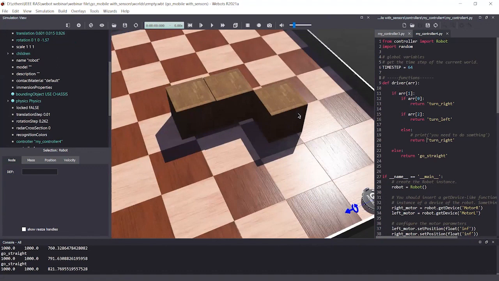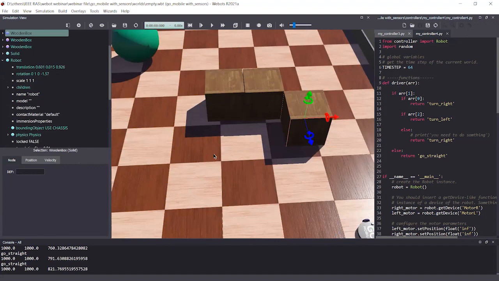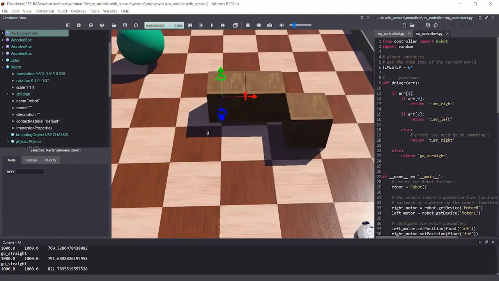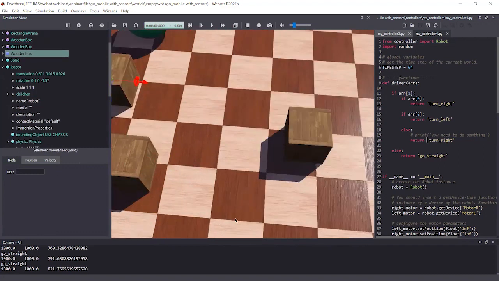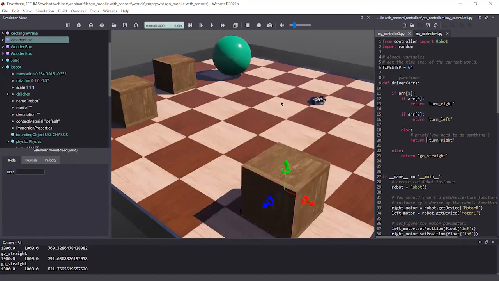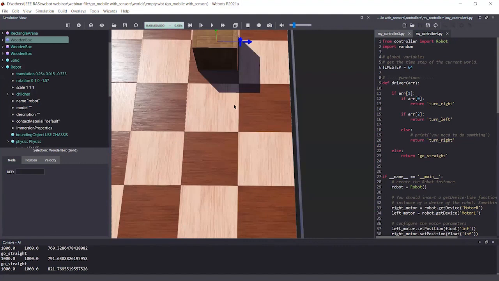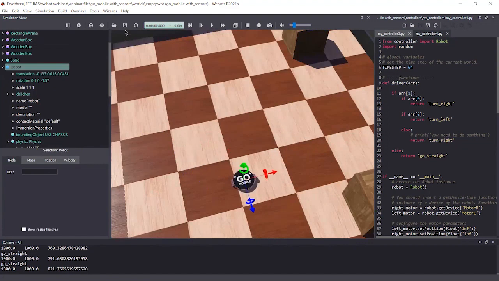Then, on the last day, someone asked a question about whether we can import CAD models into the Webots simulation area, because obviously if you are familiar with CAD software, you know designing something using a CAD system is very easy, but Webots is not a CAD software, right? It is designed for these kinds of 3D project simulations. So let's see how we can import those kinds of things.